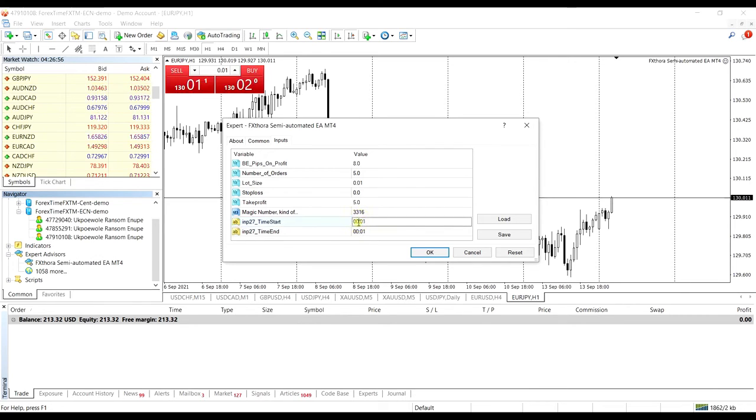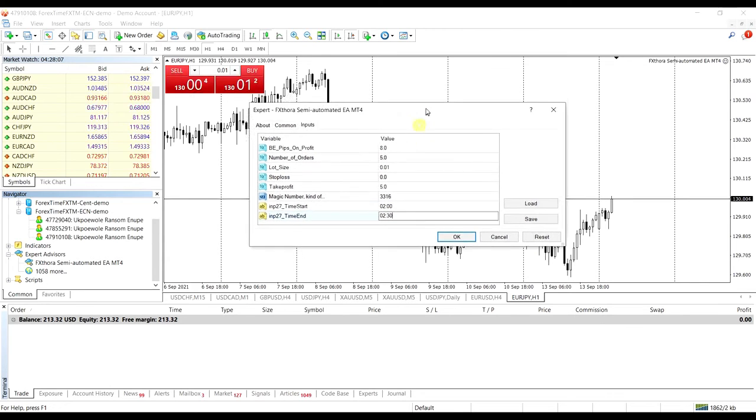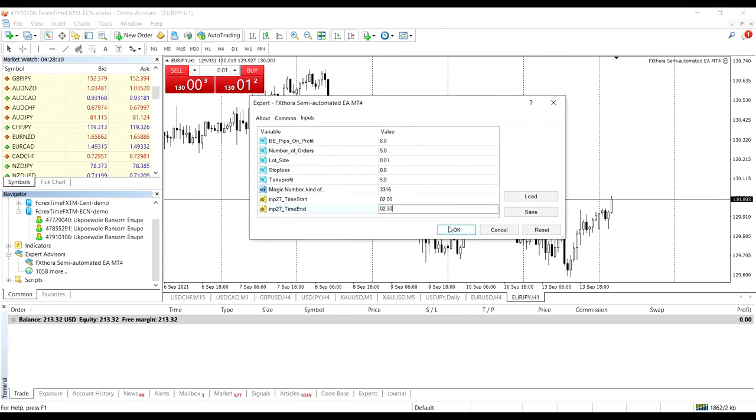So for this, I'm going to use 2 o'clock, that's 2 a.m. and for the end time I'm going to use 2:30. So it's presently 2:27 a.m. in my location, and I want to be buying this market till 2:30. So in 3 minutes time, after I click OK, the EA will terminate and then send us our email report. So I'm going to click OK,